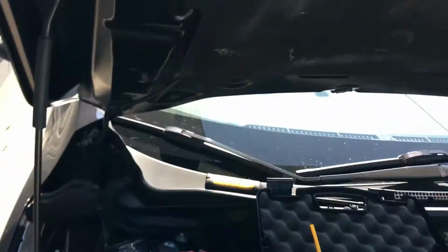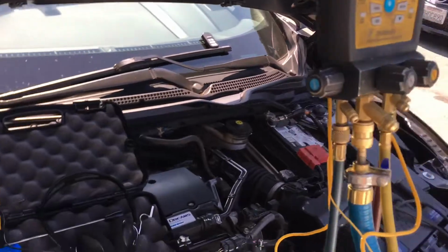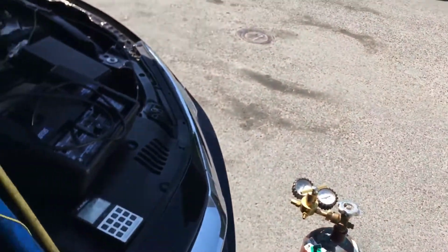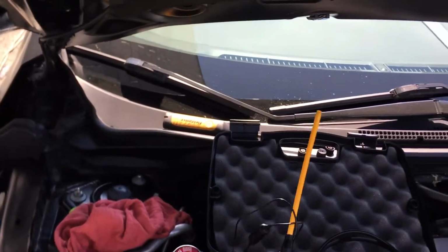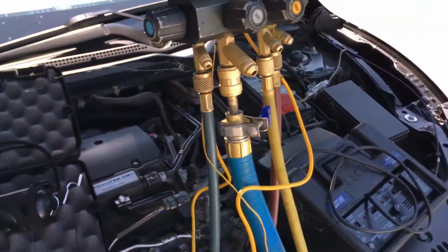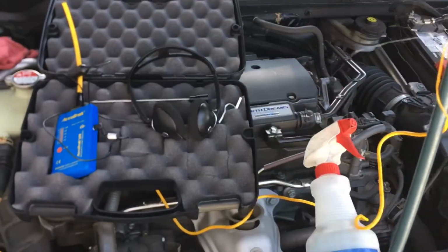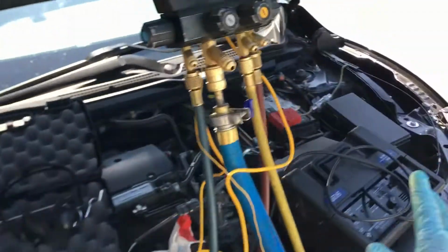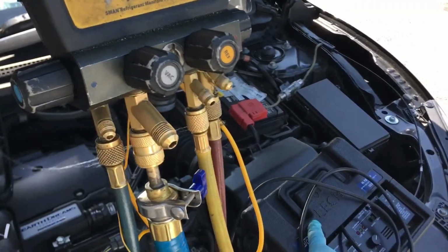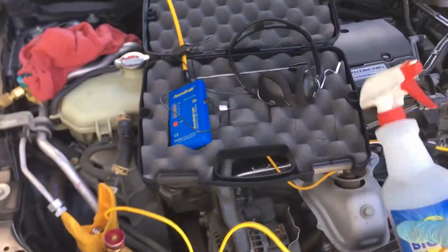While it was under vacuum, I used the ultrasonic leak detector. Then under pressure, dry nitrogen at 170 psi, I went again with the ultrasonic leak detector. Then I applied the bubbles to all the connectors, looking for bubbles. Then I evacuated it and filled it up with refrigerant. And then again I went over it with the electronic leak detector, the ultrasonic, and used the bubbles again one more time,